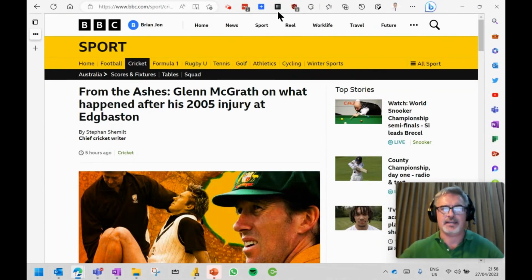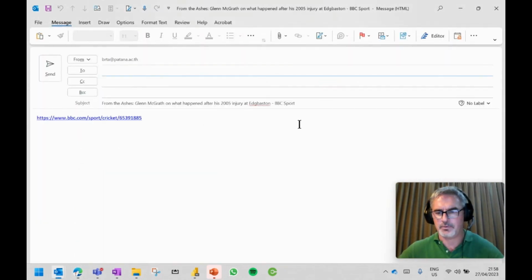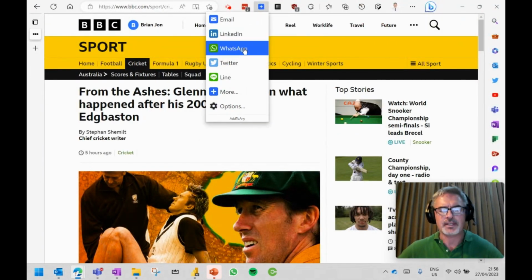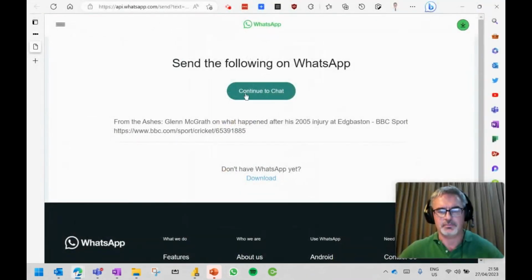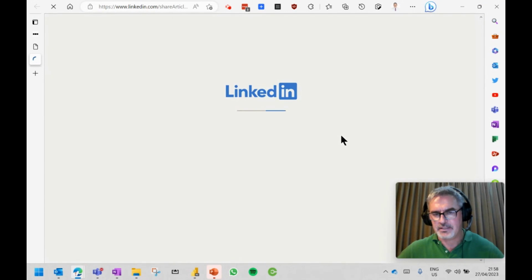Maybe I want to share that in different platforms. I click my button and I can share it via email. Click on it and it will open up Outlook and I can send it. What about if I want to send it in WhatsApp? I can send it and it will open up my WhatsApp and I can choose the people I want to send it to. Or LinkedIn, it will open up LinkedIn and will create a post so that I can post it,